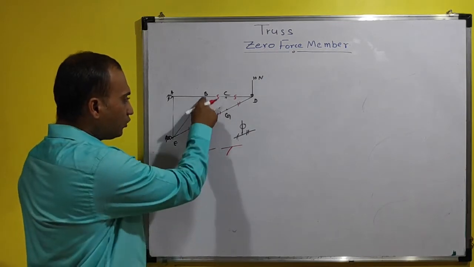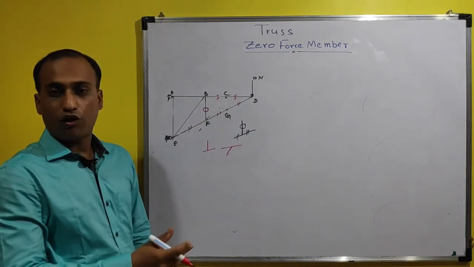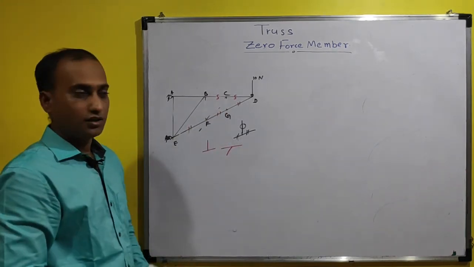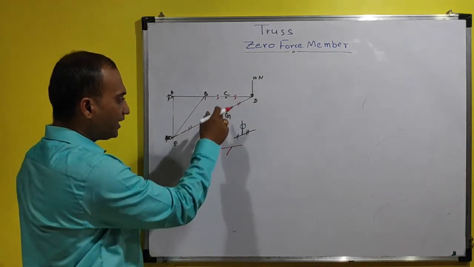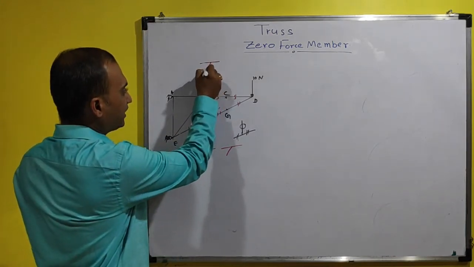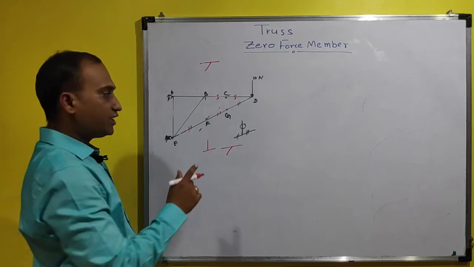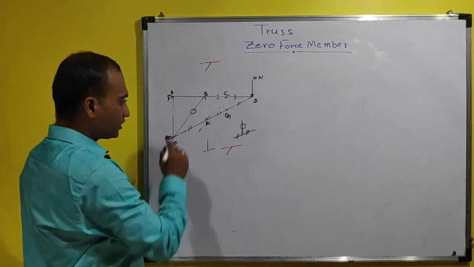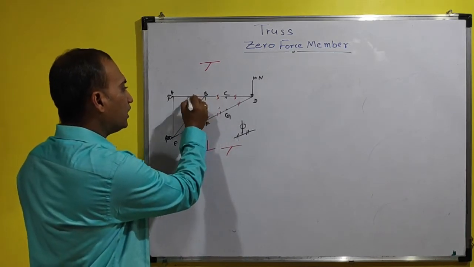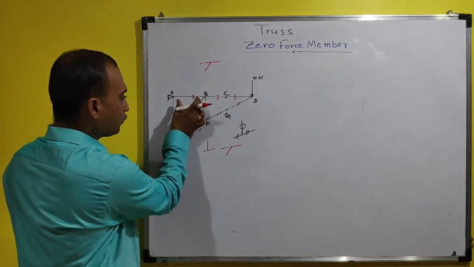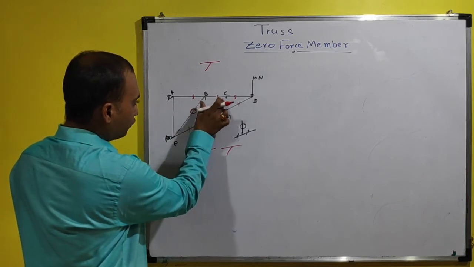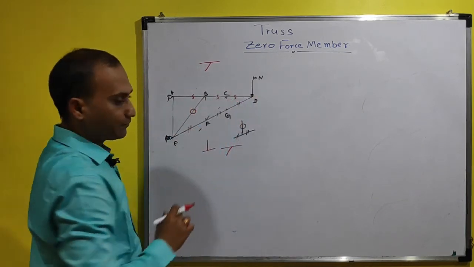Now again we have to consider this BF member is not in the system. Then after this, again we have to see whether there is a T joint or V joint. We can see at point B it is making a T like this. The member which is making a T has zero force in it, and for the collinear members, the forces are equal. So force in BC is equal to force in AB. So here we can see the AB force is equal to the force in BC is equal to the force in CD.